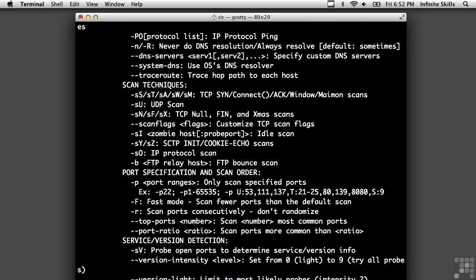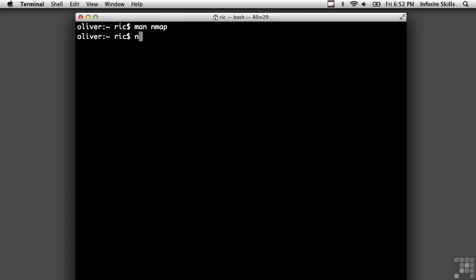So NMAP by default scans about 1,000 ports or so, although we can scan all 65,000 with a particular flag setting. So if I were to do minus lowercase p 0 to 65535, that gives me the 65,536 ports that are available to both UDP and TCP. But as I said, by default, NMAP scans about 1,000 ports, and for our purposes here today,